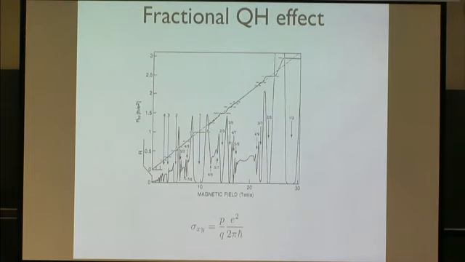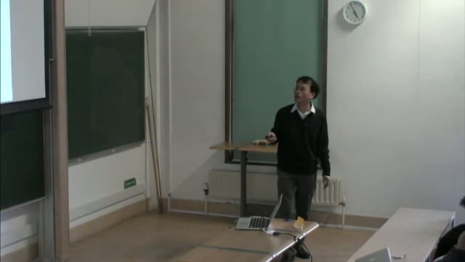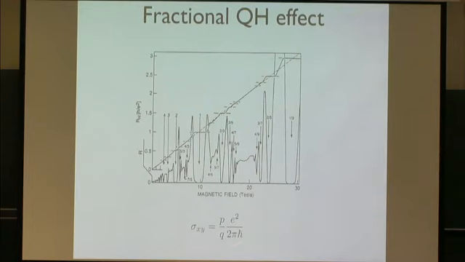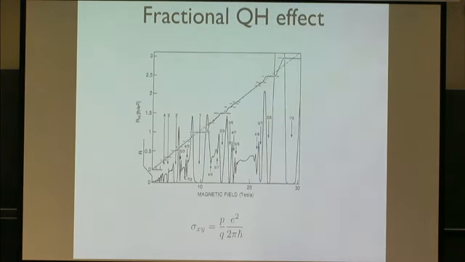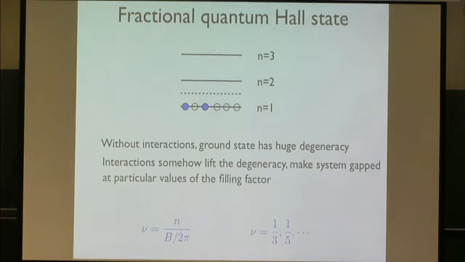The fractional quantum Hall effect is a much more non-trivial phenomenon, where if you go to even lower temperature and cleaner sample, you will discover plateaus which correspond to sigma xy equal to a fraction, a rational number times the quantum of conductivity. And let's think about a particular plateau, that is the 1/3 plateau. In this case, we have